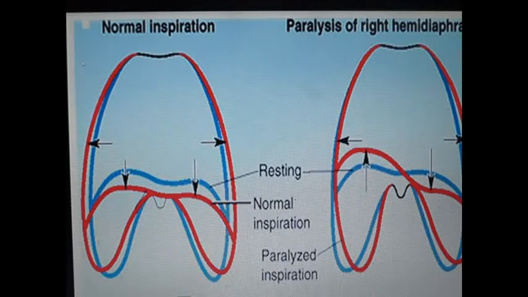The paralysis of diaphragm. Damage to the phrenic nerve may result in paralysis. If one phrenic nerve is paralyzed, it may cause partial or unilateral paralysis of diaphragm, resulting in paradoxical movements. And unilateral paralysis of diaphragm occurs because of surgical section of the phrenic nerve, trauma, or post-inflammatory neuropathy like GBS, Guillain-Barré syndrome. And bilateral paralysis of diaphragm may occur due to spinal cord injury involving C3, C4 and C5 segments, or it may happen during cardiac surgery or idiopathic infection.